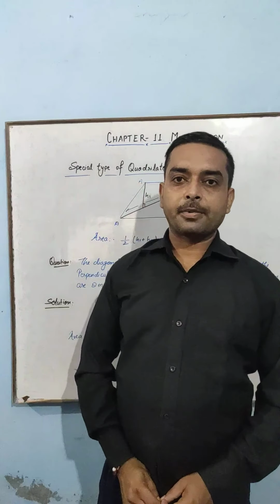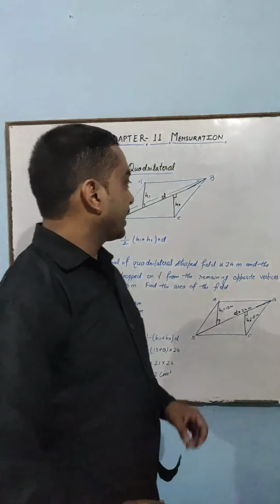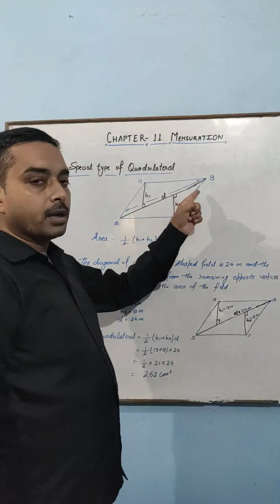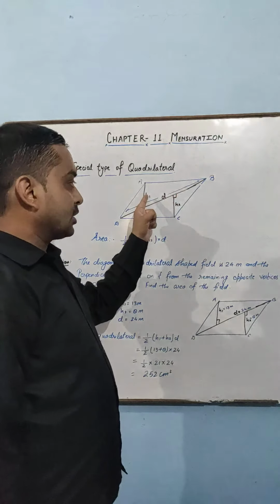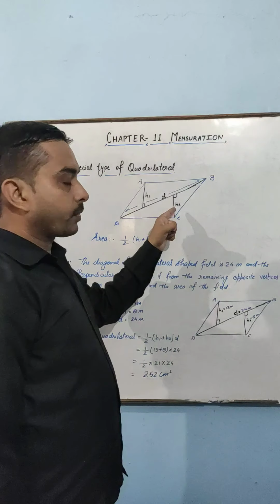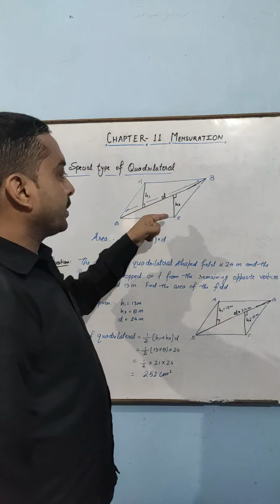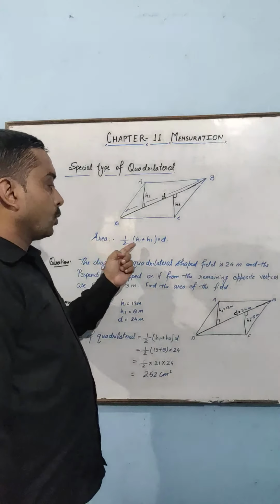There is a special type of quadrilateral whose area we will find. There is a quadrilateral. Here the length of the diagonal is given, and the height from the vertices to the diagonal is h1 and another height is h2. If there is a diagonal D and heights h1 and h2, the area will be 1 by 2 sum of